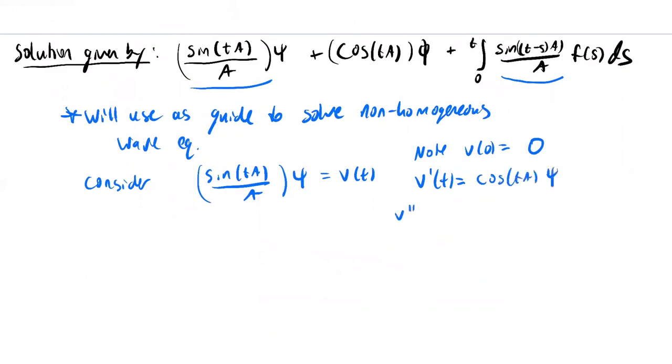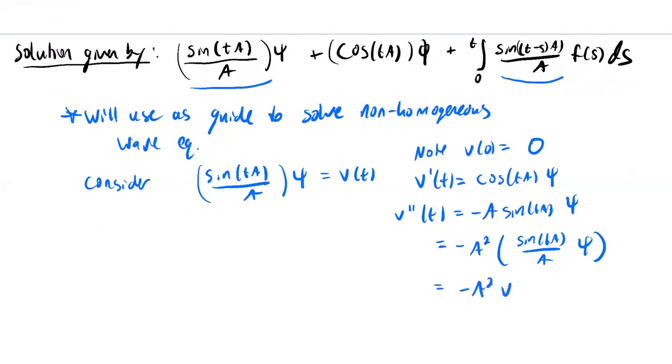And then if I take the second derivative, derivative of cosine is minus sine, and then the chain rule I have to use, so I get minus a times sine of ta times c. And I can put this in this form by writing this as minus a squared times sine of ta divided by a applied to c. And well, this is just minus a squared times v of t, right? So this function v of t solves the homogeneous ODE